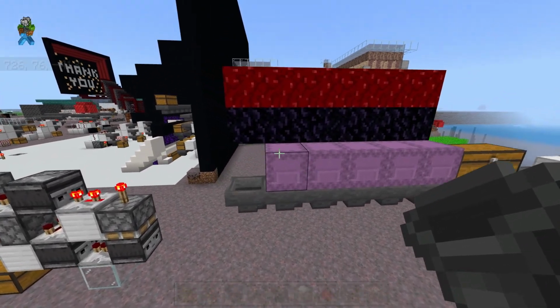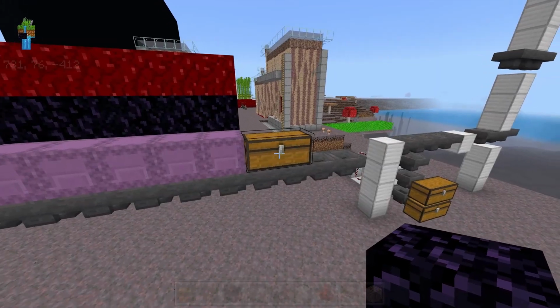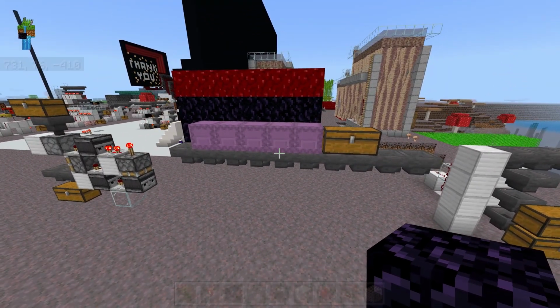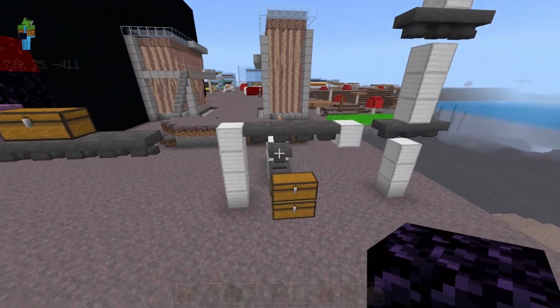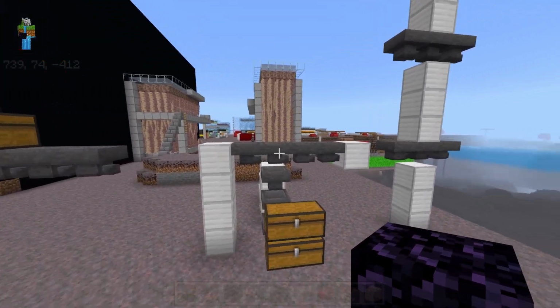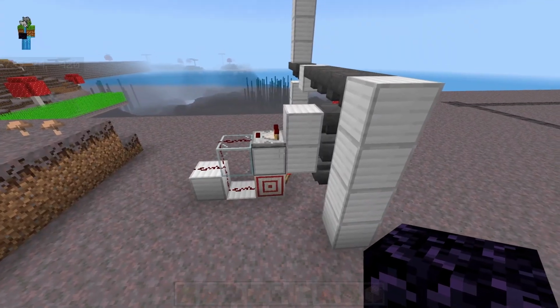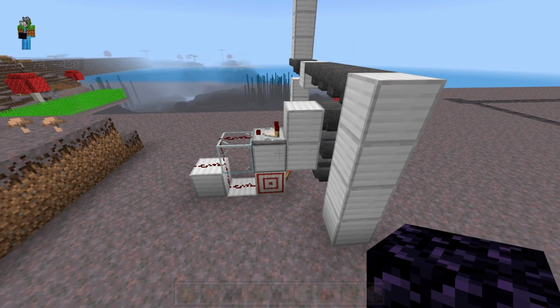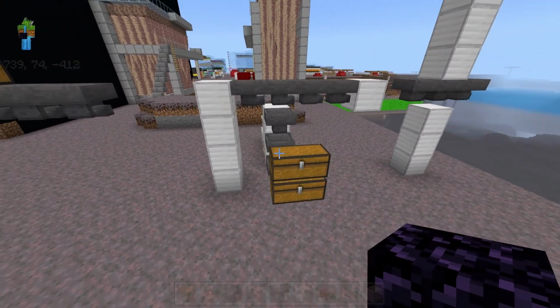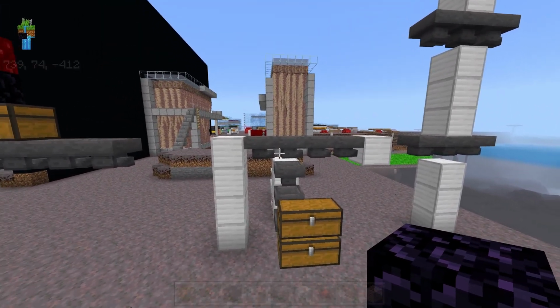And one of the reasons I've been rambling so much about different mechanics is that you kind of need to plan the layout of your storage system first. Start with where the input is, and then figure out where you're going to run your input line. That is where all of your items are going to travel to go to all the different item sorters. Keeping in mind how much room you will need behind the input line in order to run the redstone for the different types of sorters, as well as how many chests you want for each item that is being sorted.